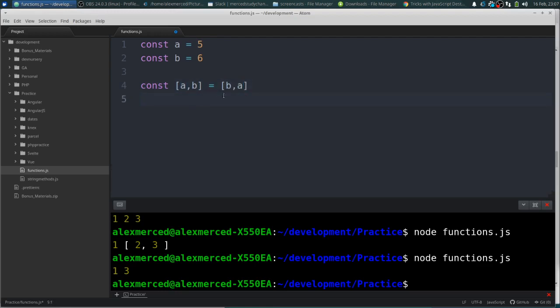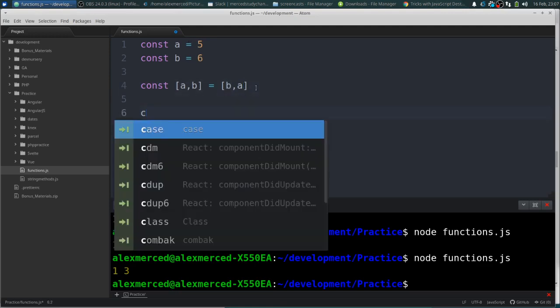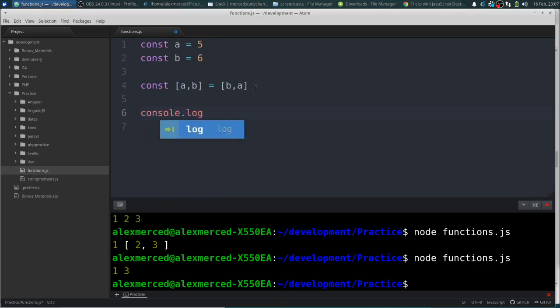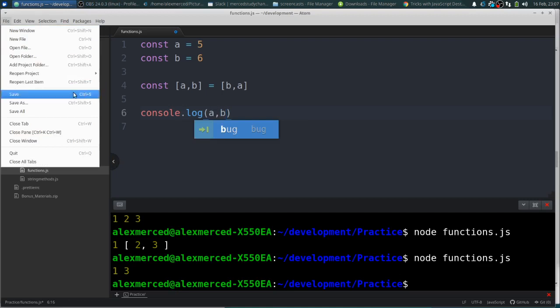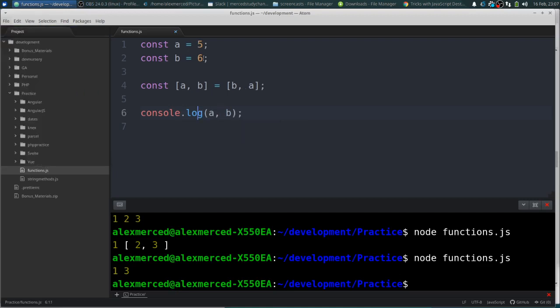So again, destructuring, it's going to take a look at this array and destructure it into here. So it's going to take the value of b and assign it to a, and take the value of a and assign it to b. So I've just swapped this. So if I now console log a and b, again, a and b is originally 5 and 6. So if I go like that,